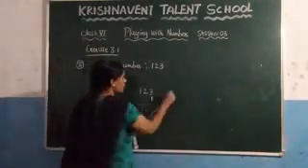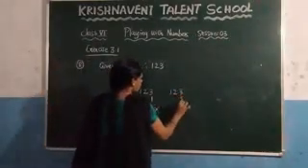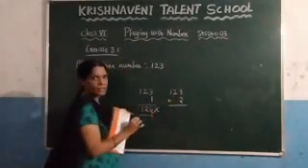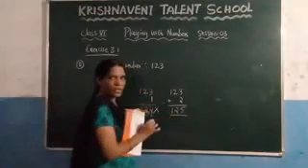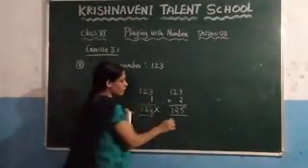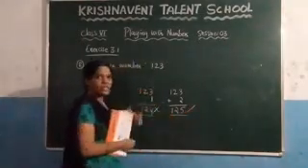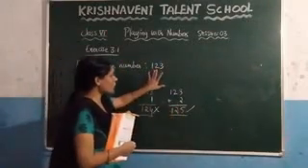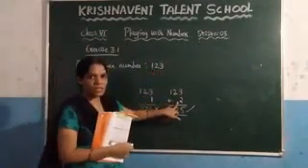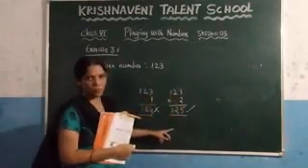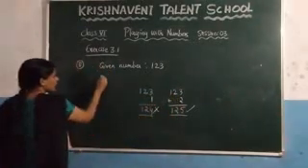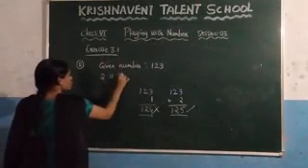Now check the next one. Take the same number and add the next number, which is 2, right? And after adding, what you get here is 125. And you know that this 125 is divisible by 5. So what is the smallest number that is added to 123? 2 is the smallest number that is added to 123 so that the result is divisible by 5. So this is the answer. Write it here. 2 is the smallest number